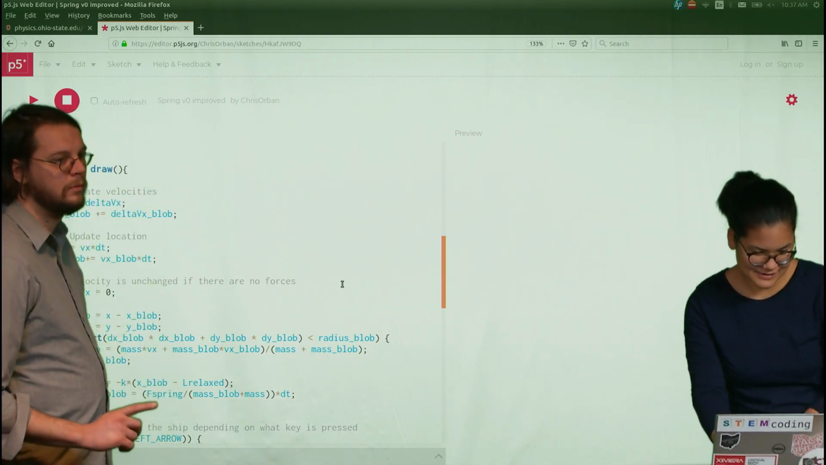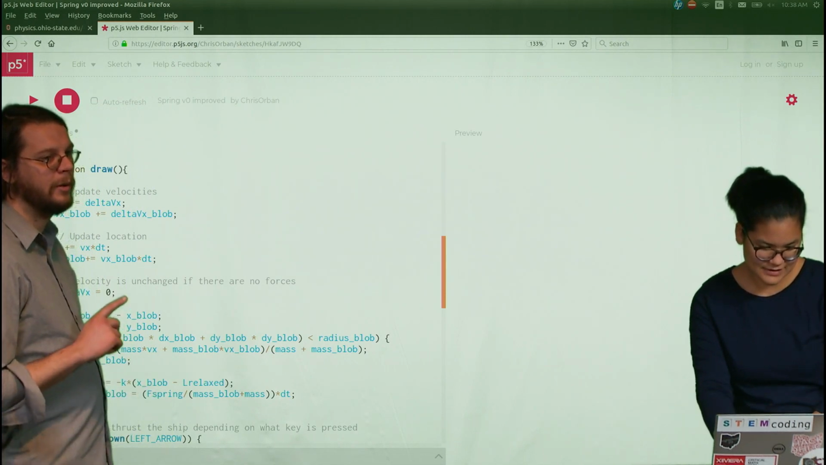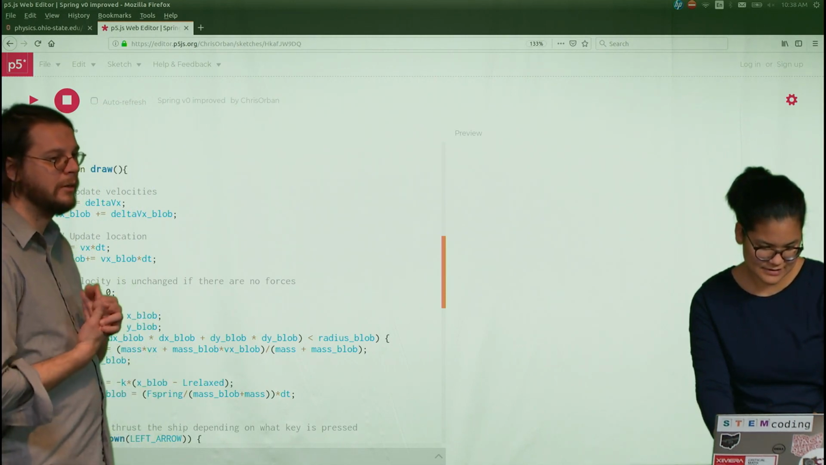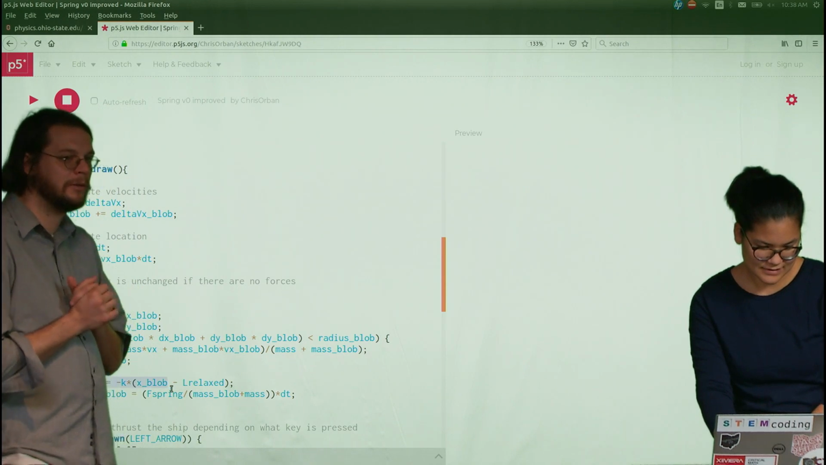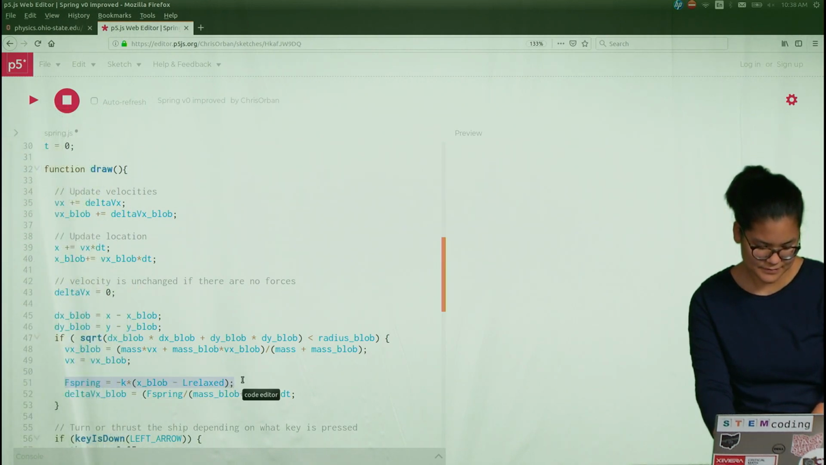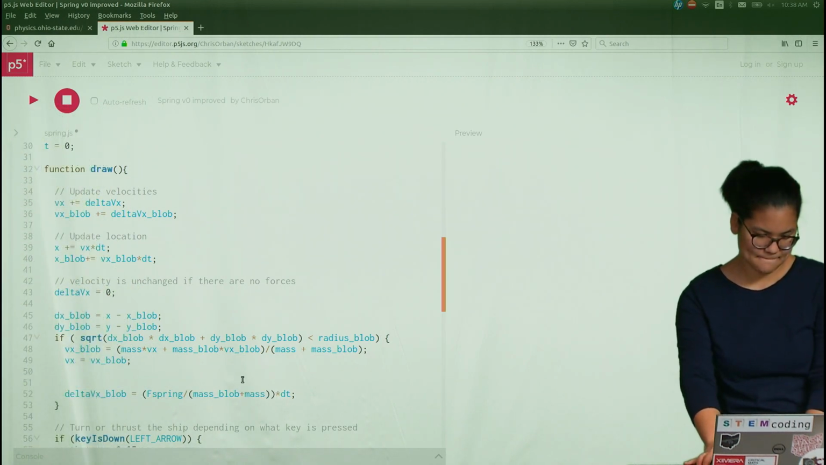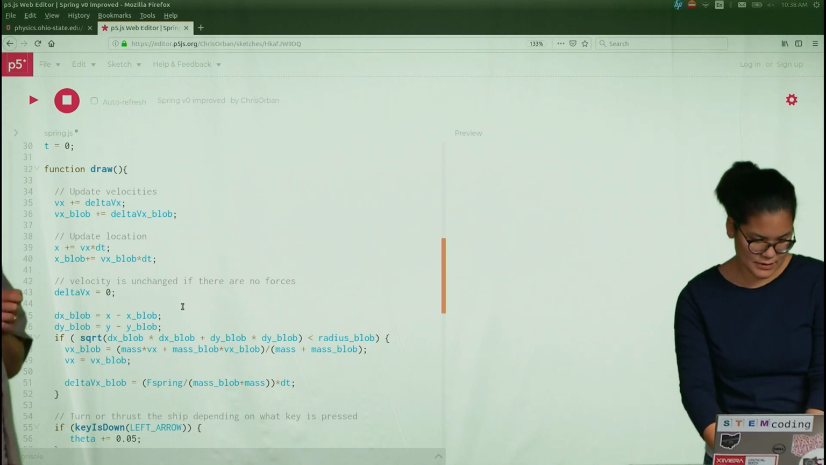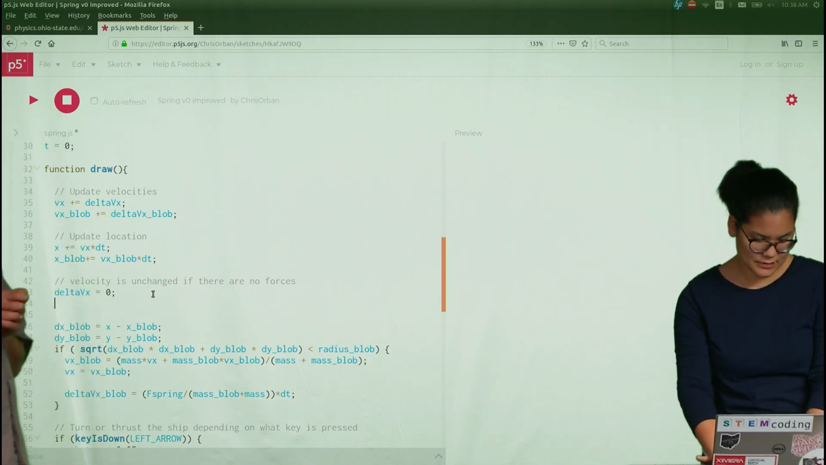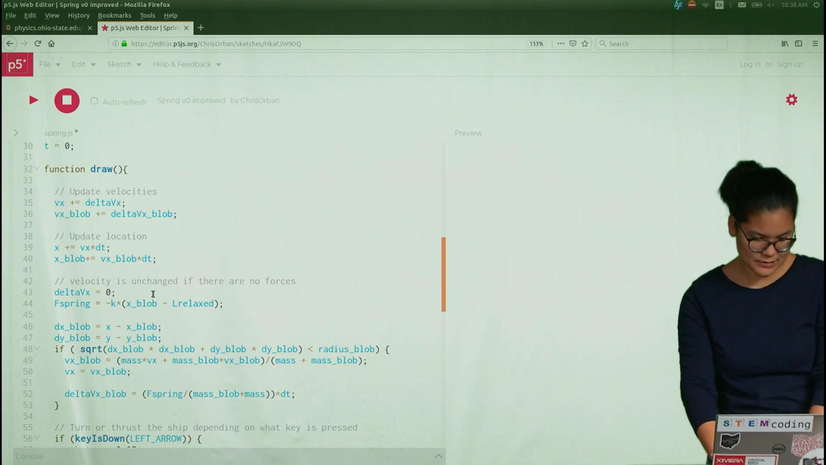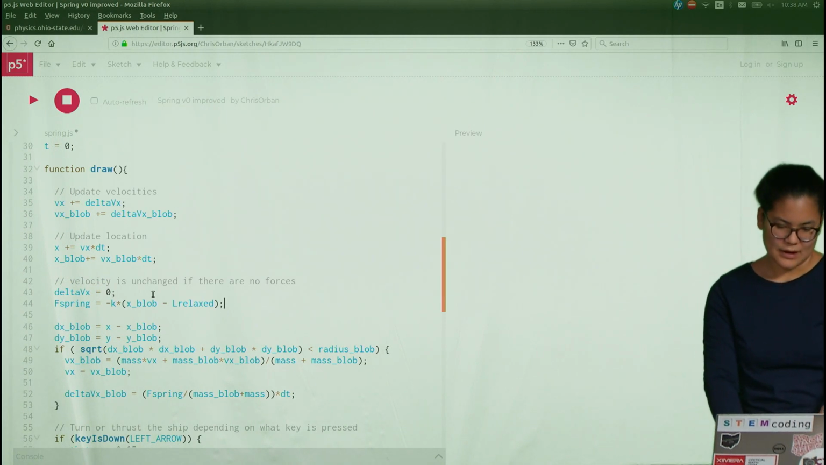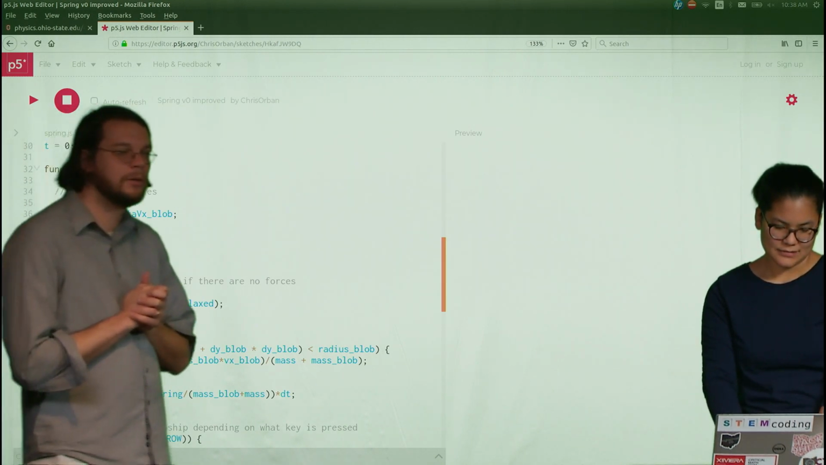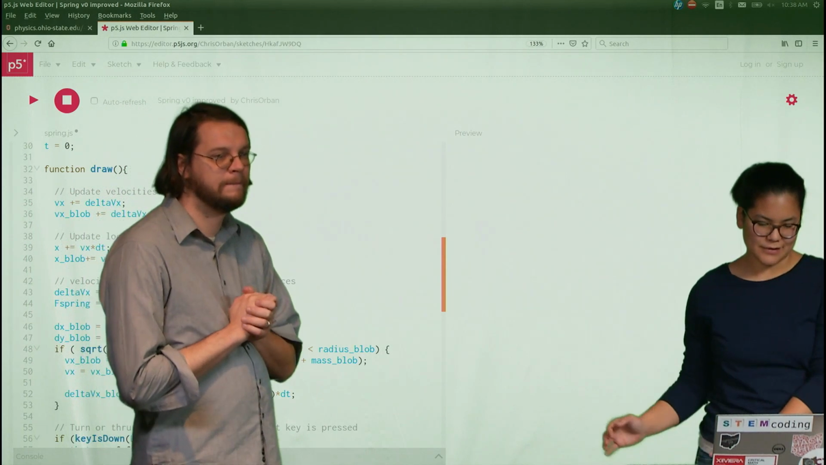So we probably want to take the spring force and put it back up here, because we always want to calculate the spring force, whether or not it collides, right? So that'll be part of the solution. Do you think that's enough to get it to work? So I think